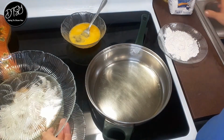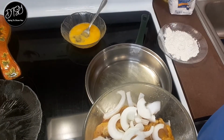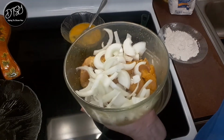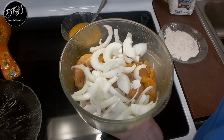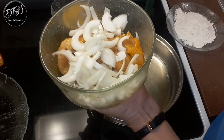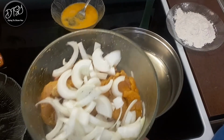Okay, and on the chicken, I put complete seasoning. I put garlic powder. I put onion powder. I put a little bit of turmeric. And what else? Salt and pepper. That's what I basted them with. And these I prepared yesterday. So now